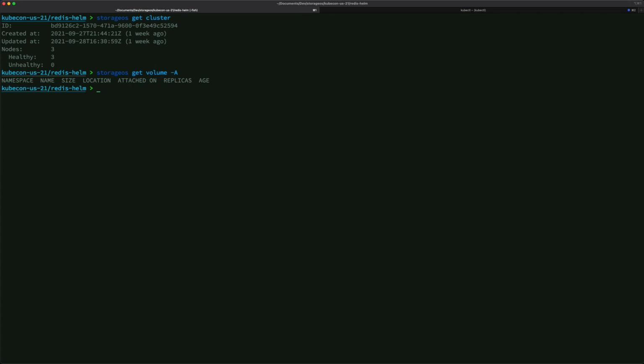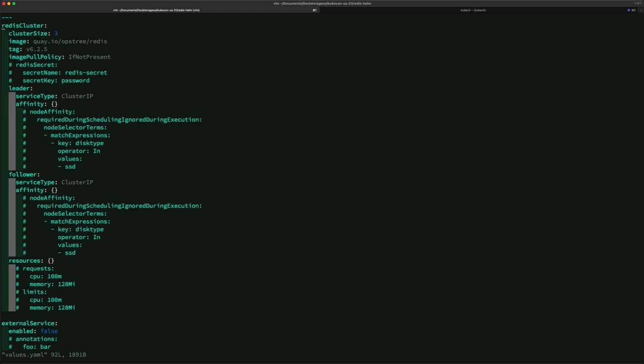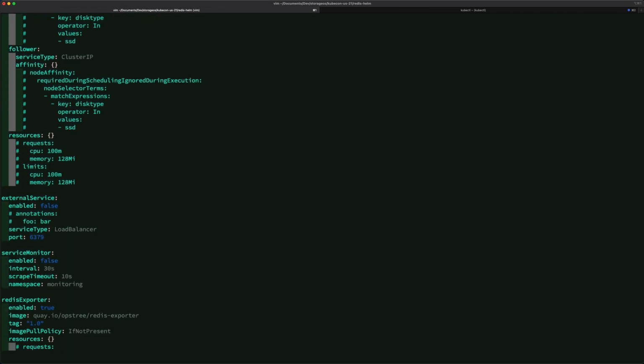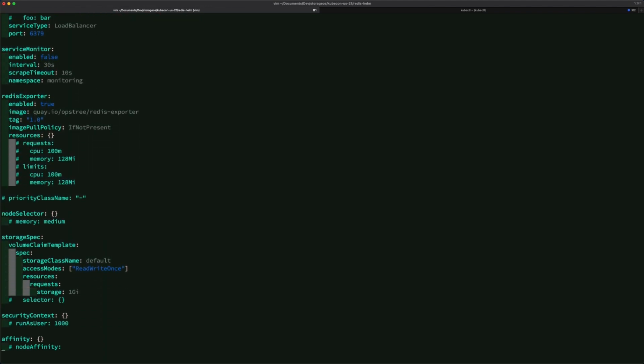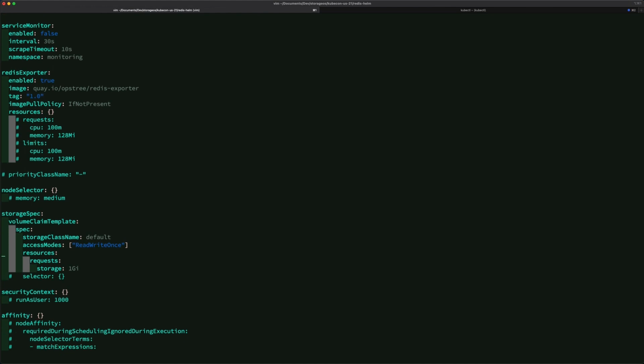Next, let's deploy the Redis cluster. For this, we are going to be using Helm. And if you're familiar with Helm, you can customize some of the values it's going to be using by using the values.yaml. I've copied it from the original Helm chart, and we can see that here we have some options, including the name of the storage class to use.